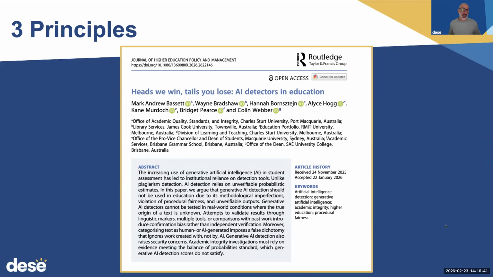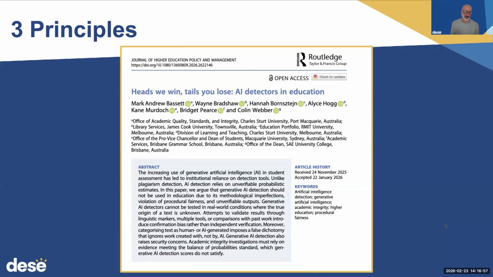One way to kind of argue against the use of the tools is this emerging research titled "Heads We Win, Tails You Lose: AI Detectors in Education." I think this is a helpful bit of research. We're going to link this in the video notes below if you want to dig in further to get a sense of maybe some of the problematic tendencies of AI text detectors and maybe why it's not best to be used, like I always like to think of, as the sole measure of authenticity of student work in a